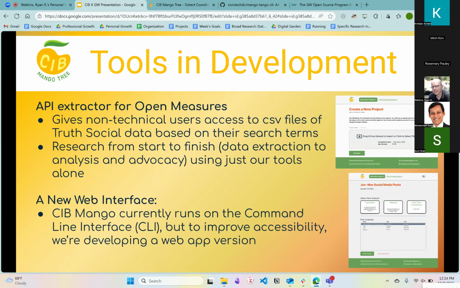The other thing is that we also want to build a web interface that is more user friendly. Now we have this CLI, but some non-technical people have told me, and I'm from more of an international relations background with no coding background, that the CLI still looks a little bit intimidating sometimes. So these two pictures here are the mock-up we have for now.